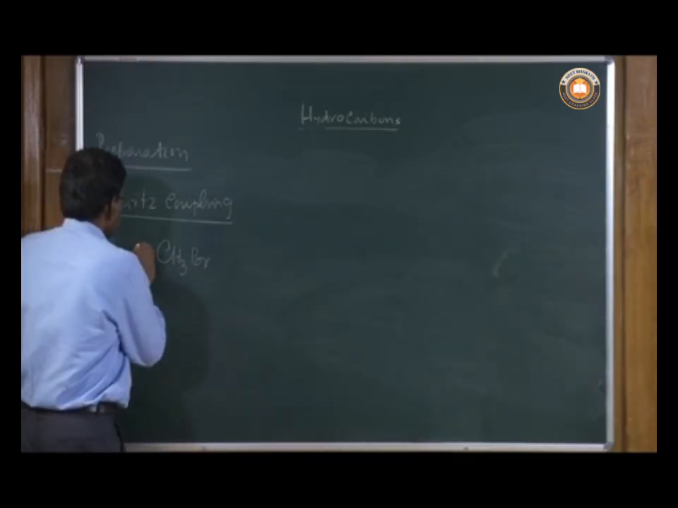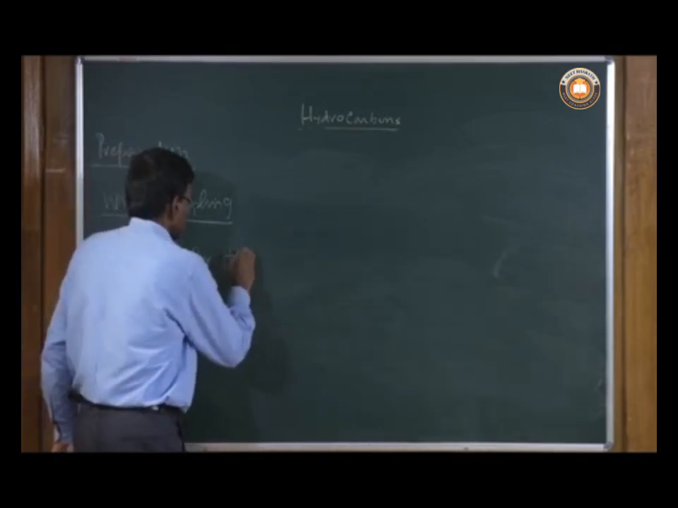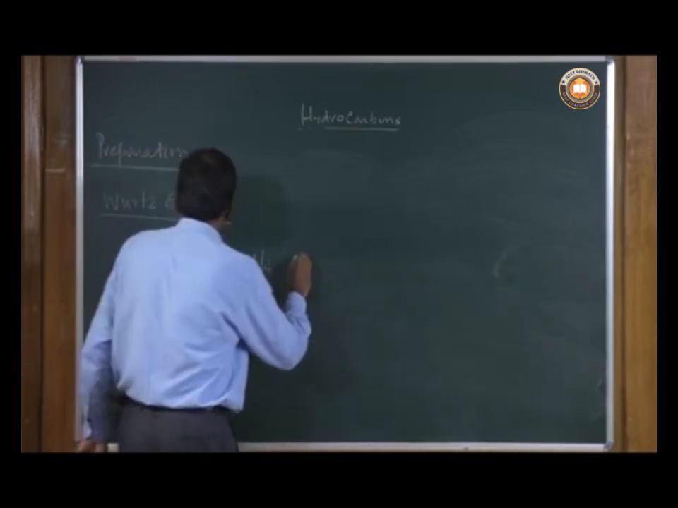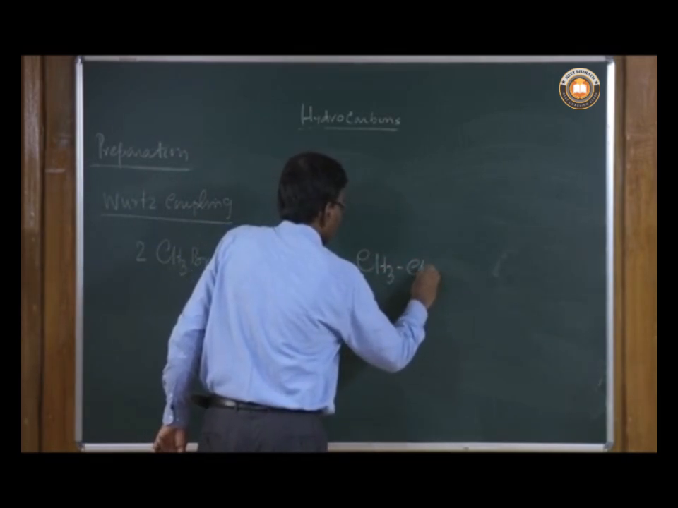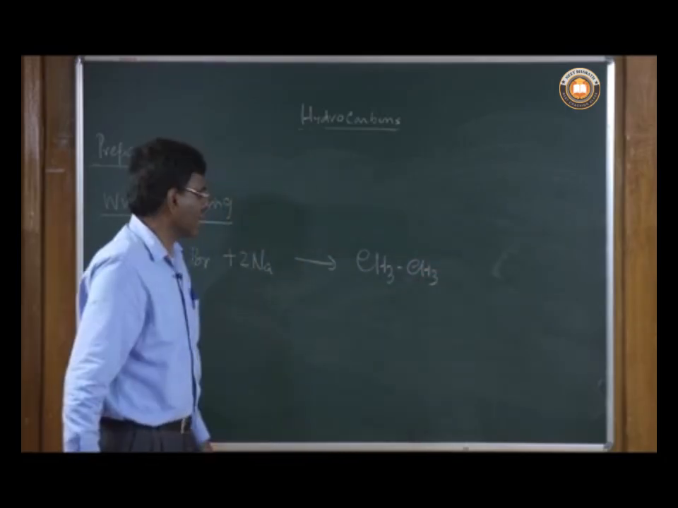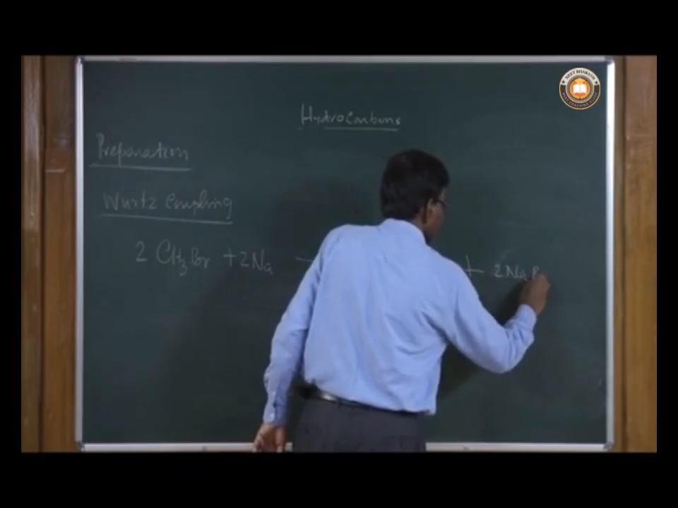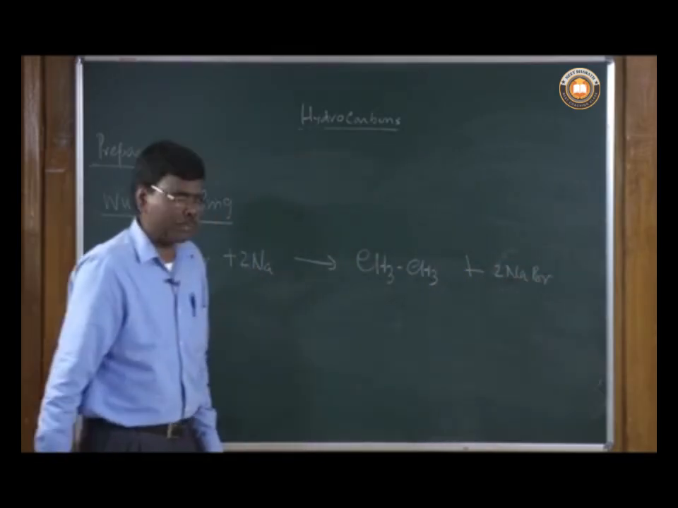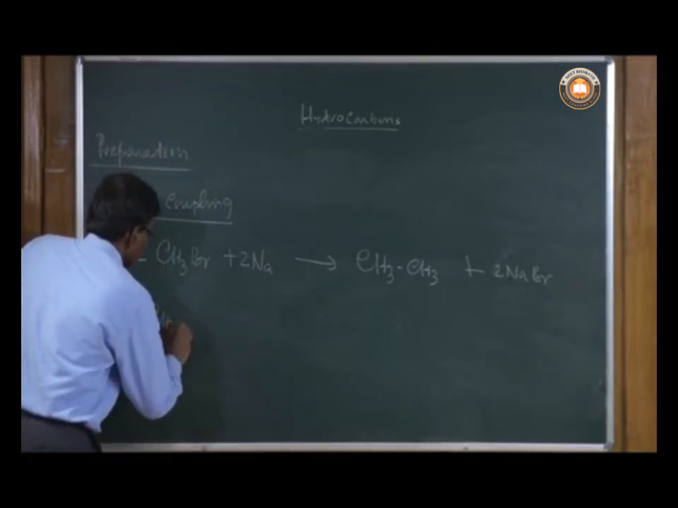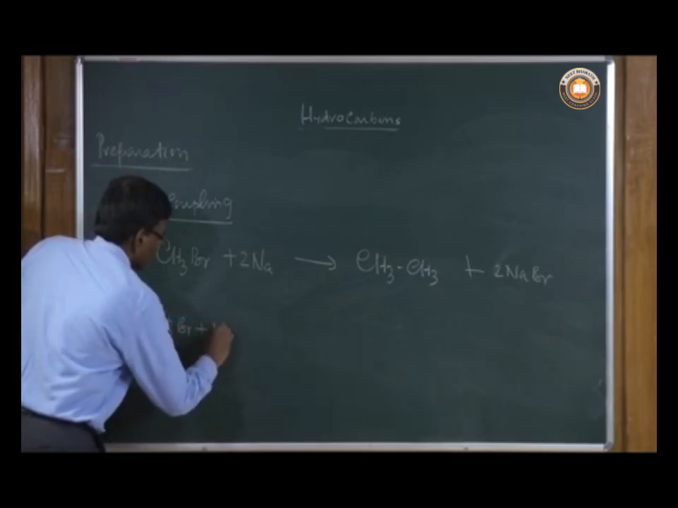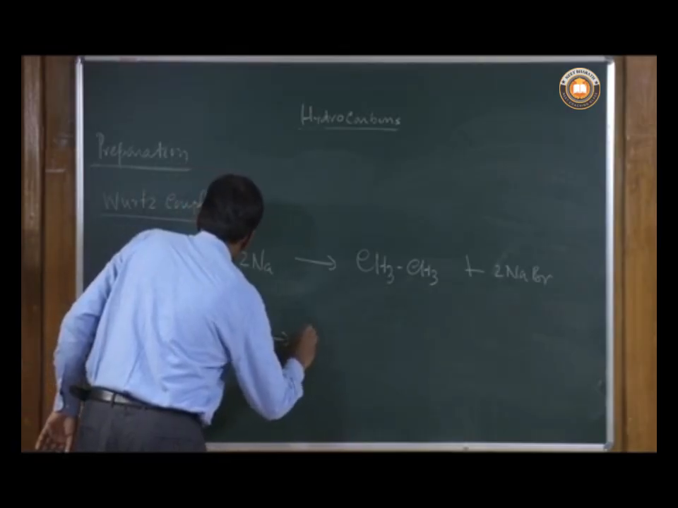can be cross coupled together. If you take two molecules of this and react with two equivalents of sodium, you can generate ethane, a symmetrical alkane, with two molecules of sodium bromide. This is called Wurtz coupling, and in this reaction, the bromomethane reacts with sodium, and you generate